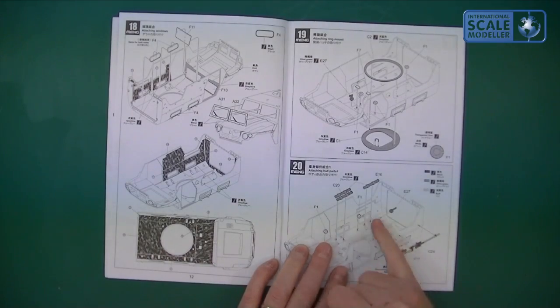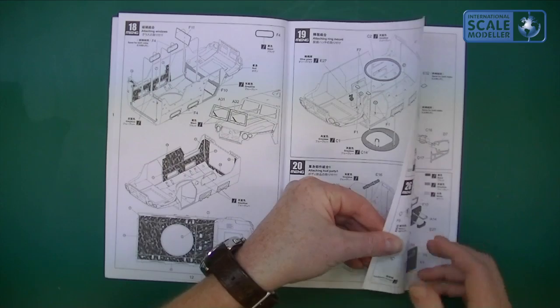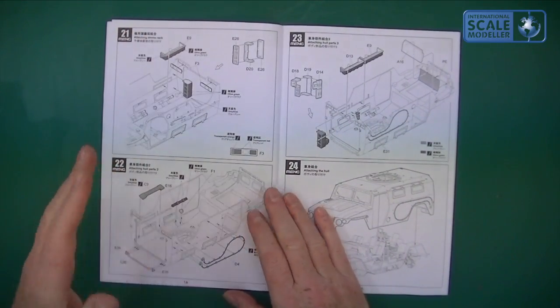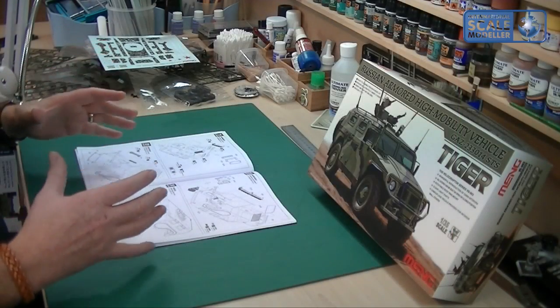And as you can see, some more stuff goes in, so it's going to look very 3D inside, which I really like the look of. I think that internal decal is absolutely fantastic, it really is. More internal stuff, as I say, really builds up nicely inside. It's going to be one of those where